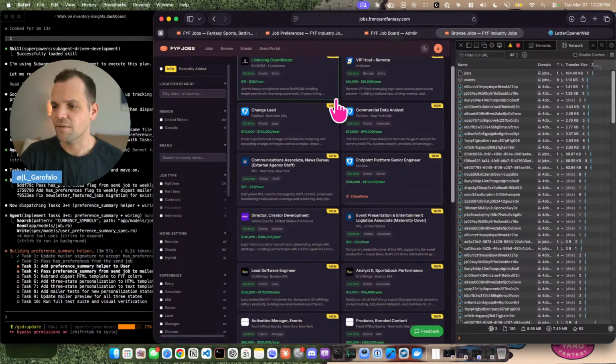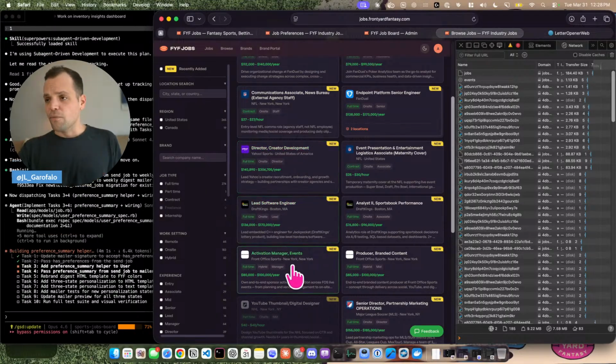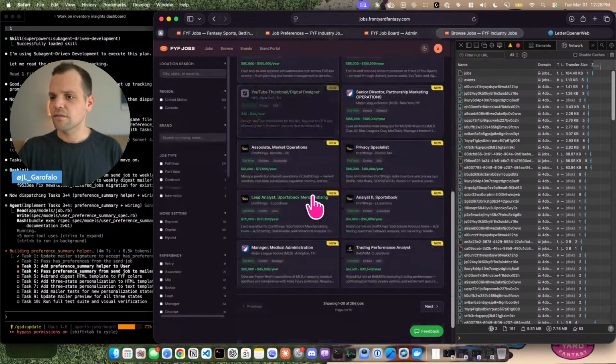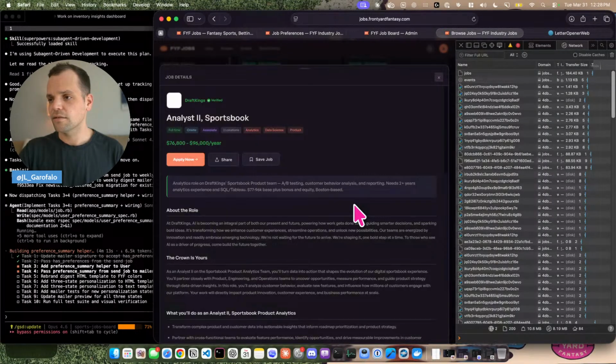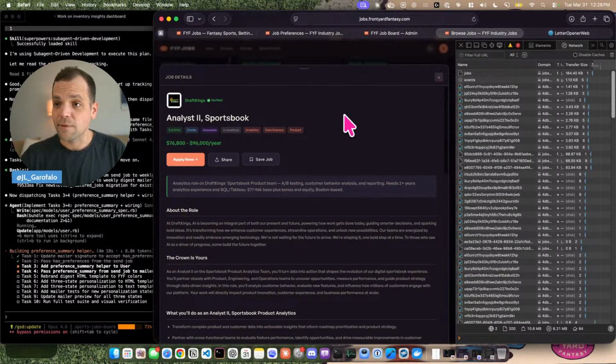These are all the new ones that have come through. You can switch the filter and see these. Front Office Sports got a couple. We got NFL, Yahoo Sports. It's pretty cool. DraftKings got a ton. Analysts, sportsbook analysts. That's pretty cool to see how people are behaving on their sportsbook.